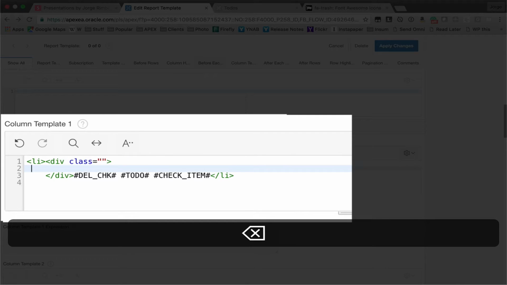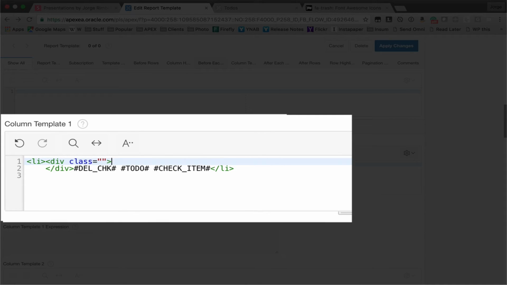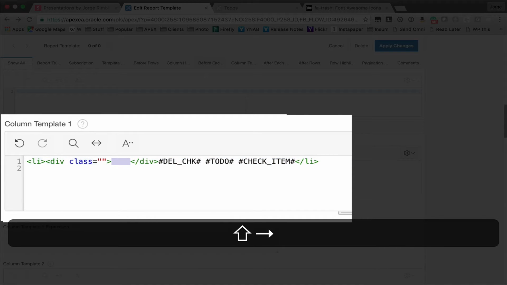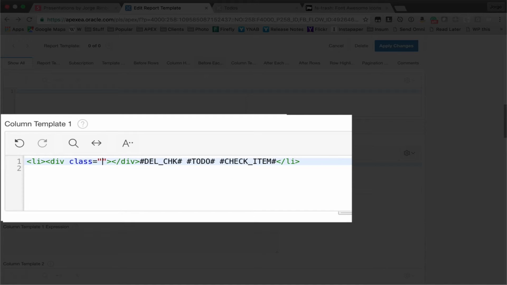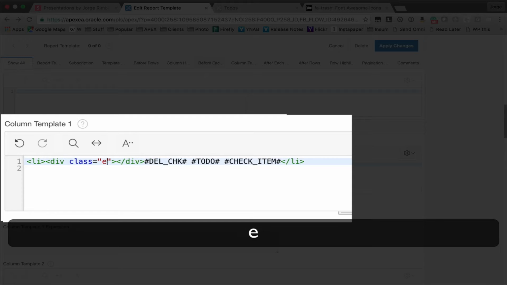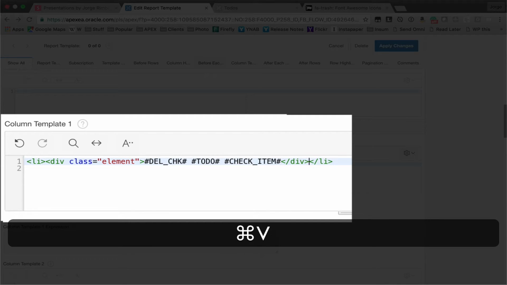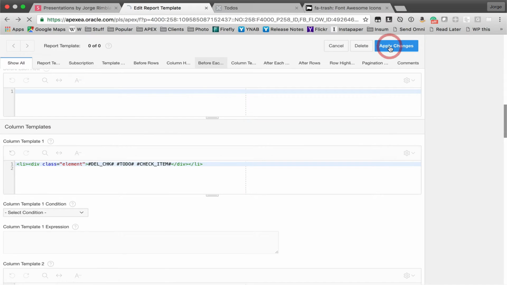The editor's doing this for me, but I'm going to get rid of the extra line. Why don't we call it element? It closed the div for me, but I'm going to grab it and add it at the end. I'm going to apply my changes